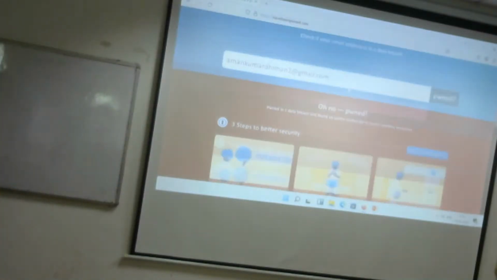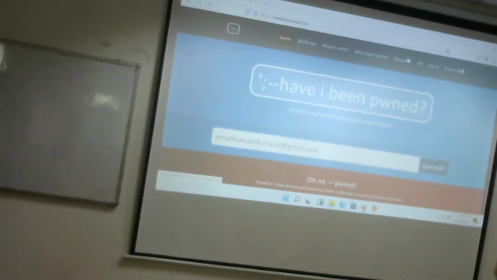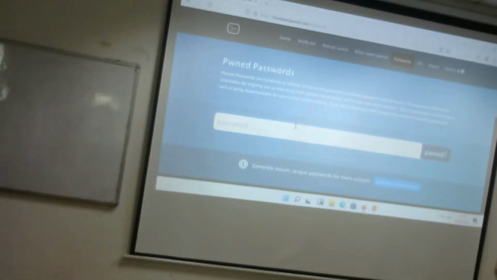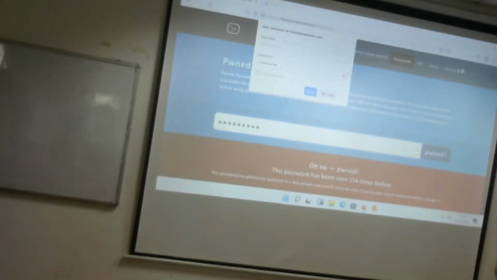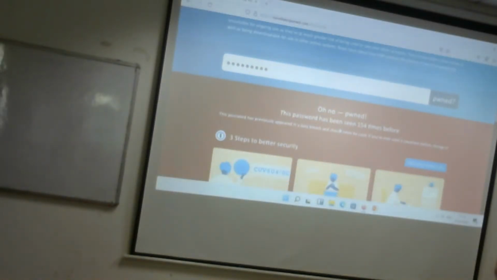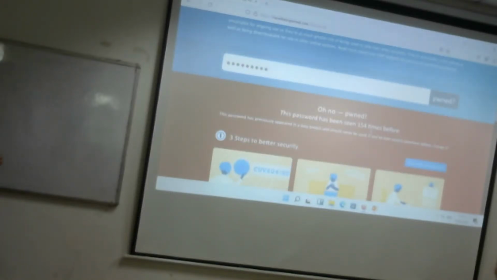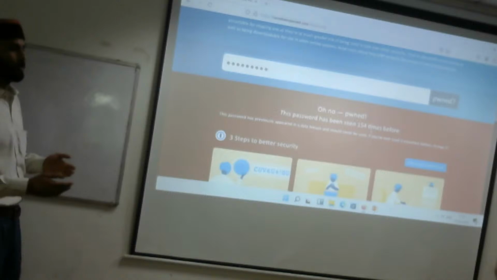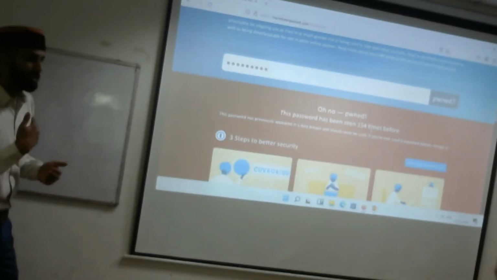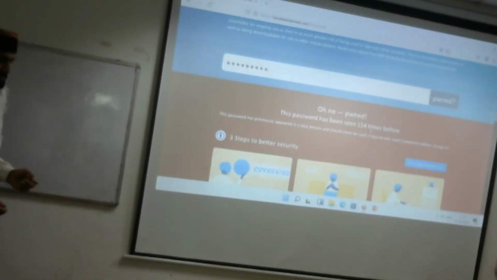वैसे ही हमारे पास पासवर्ड्स का है, तो यहाँ हम पासवर्ड डाल देते हैं। जैसे लॉजिकली पासवर्ड क्या डालते हैं, नेम @डेट ऑफ बर्थ। तो जैसे मैं अपना डालता हूँ, देखिए 154 times the password had been seen. तो यहाँ से हम पता कर सकते हैं कि हमारा डाटा ब्रीच हुआ है कि नहीं हुआ है। तो जब आप पता कर लेंगे तो आपको इमीडिएटली आपका पासवर्ड चेंज कर लेना चाहिए।